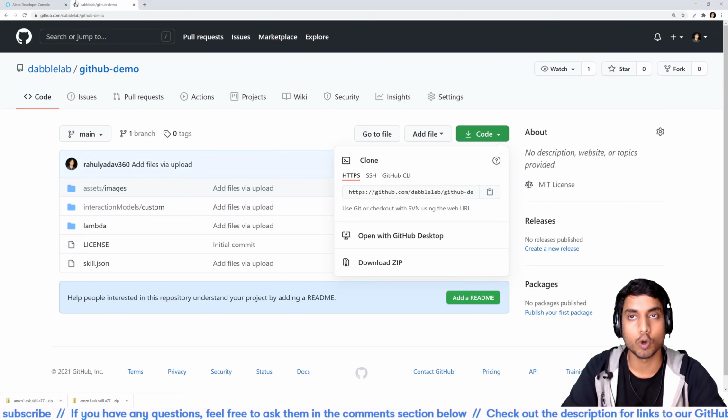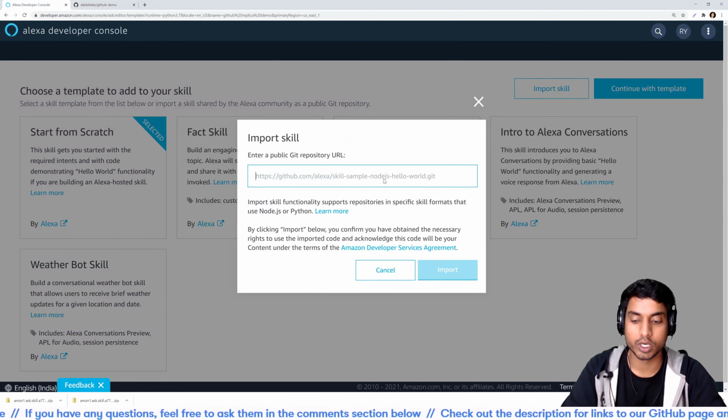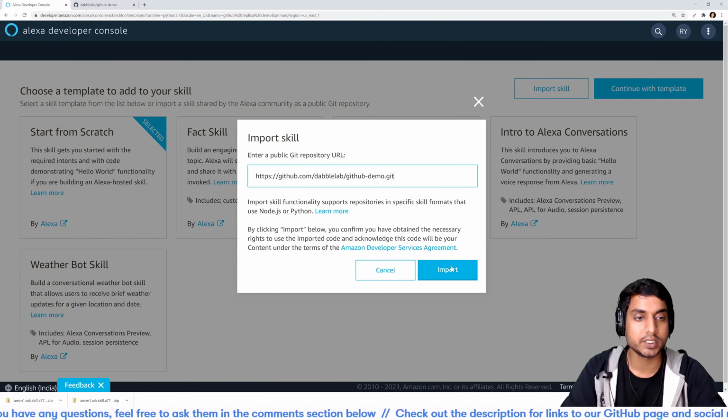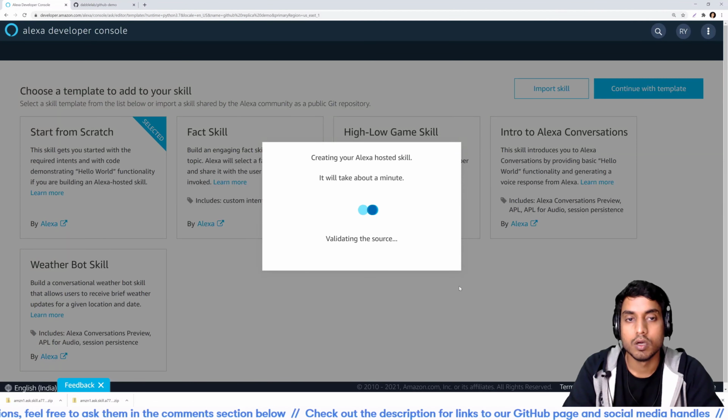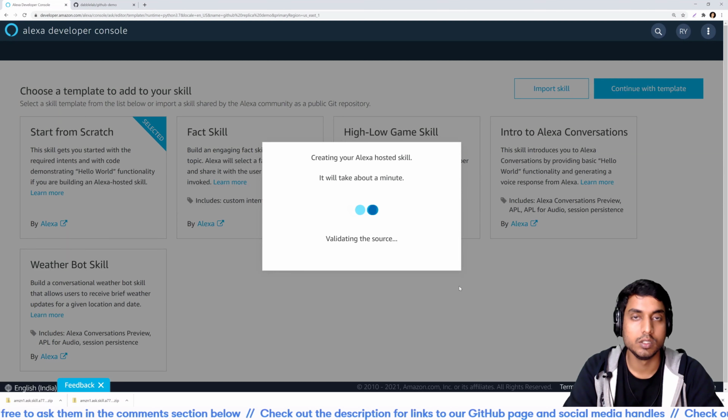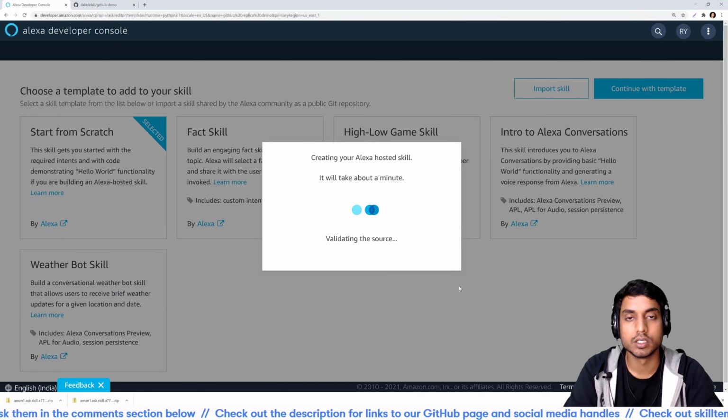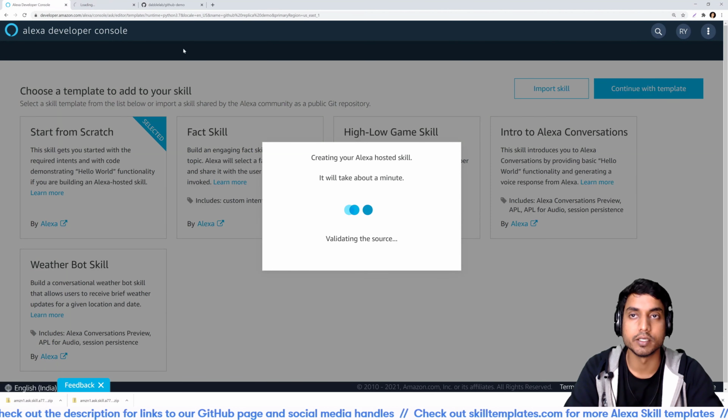I'll simply copy this URL, go back to our developer console, paste it and click on import. Once you do that, you can see that the replication process has started, and this should ideally take a few minutes, maybe 2 or 3 minutes, and the skill will be replicated.